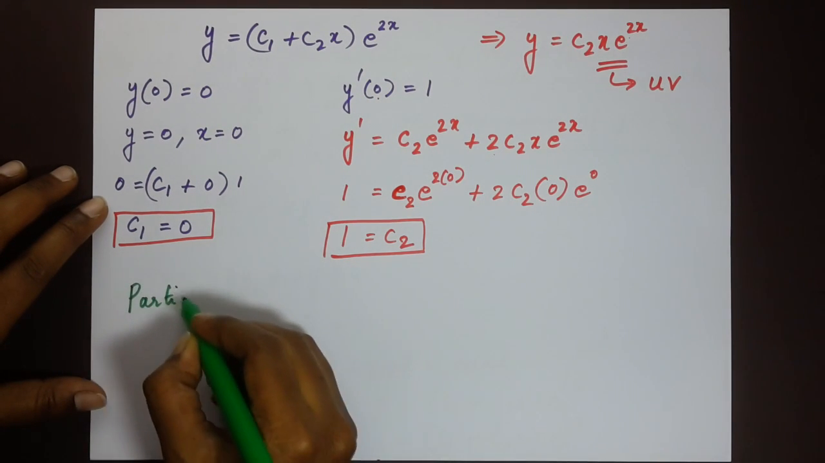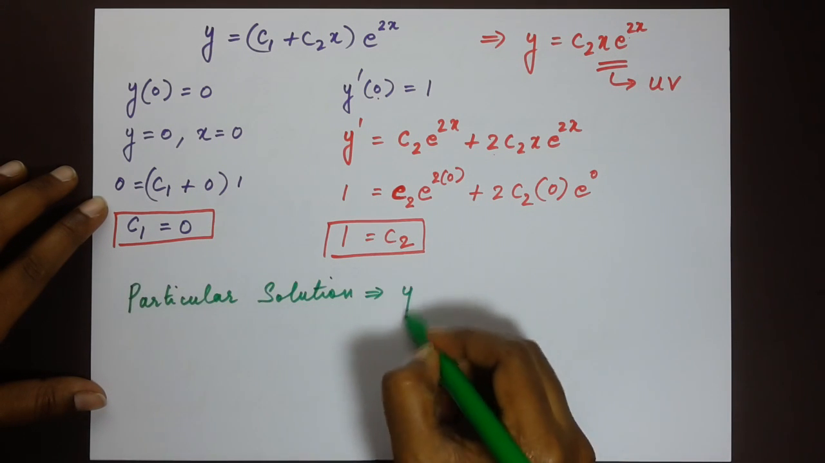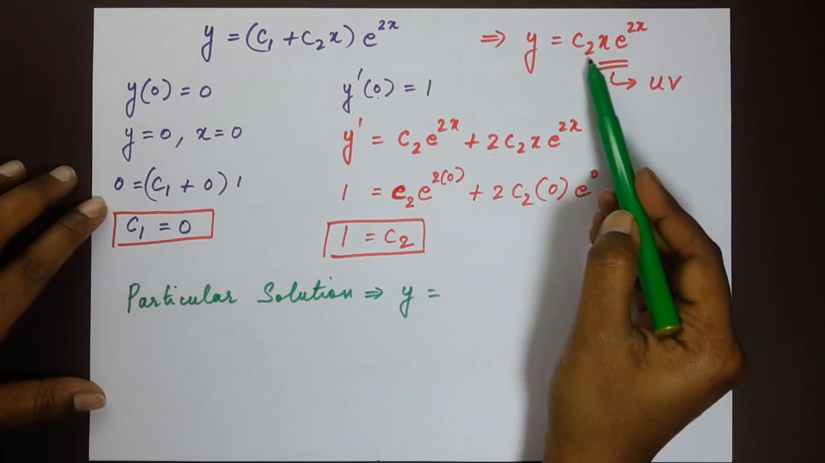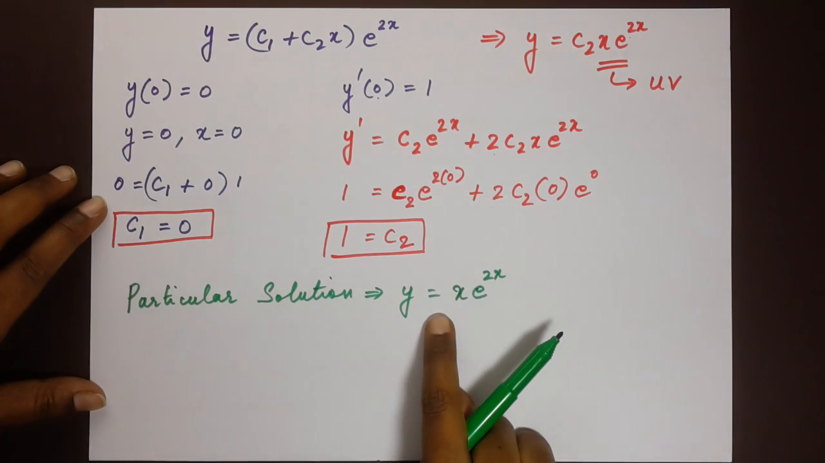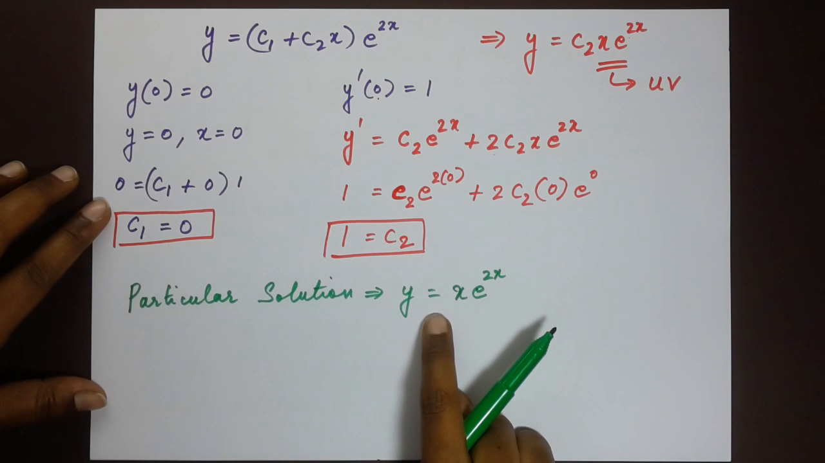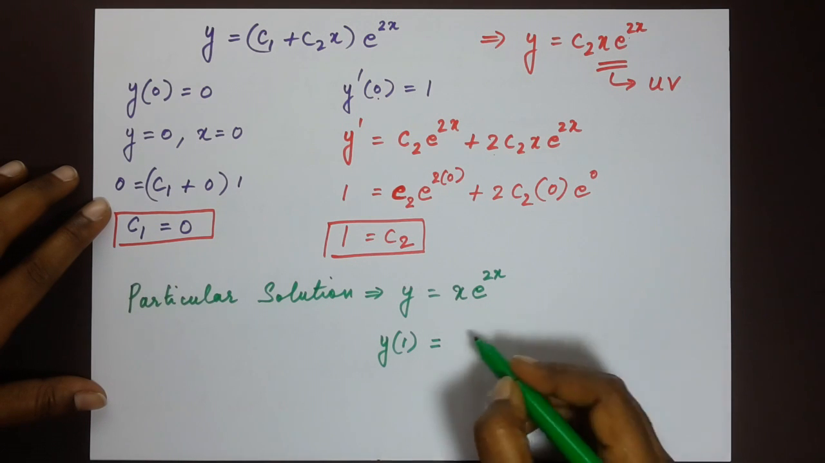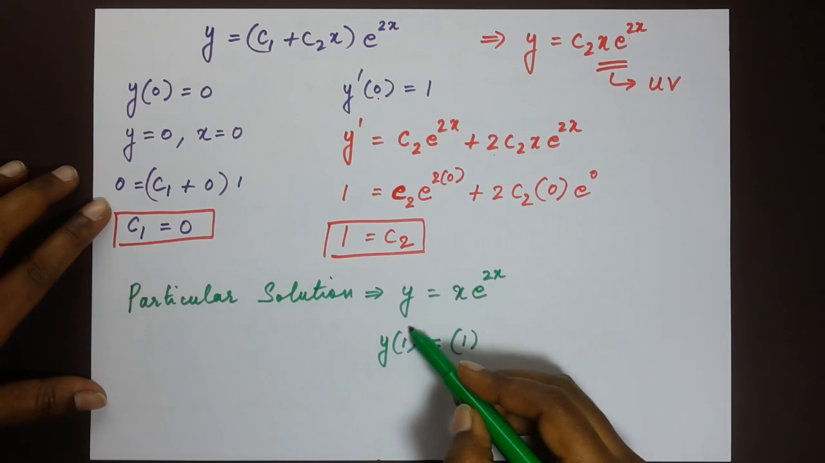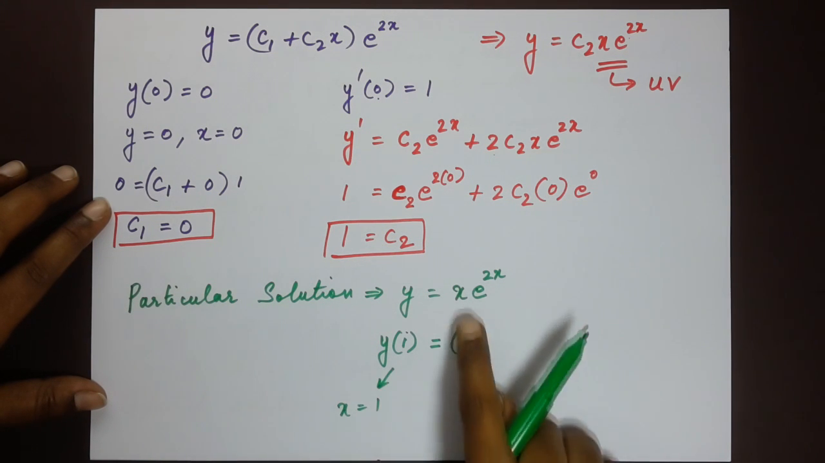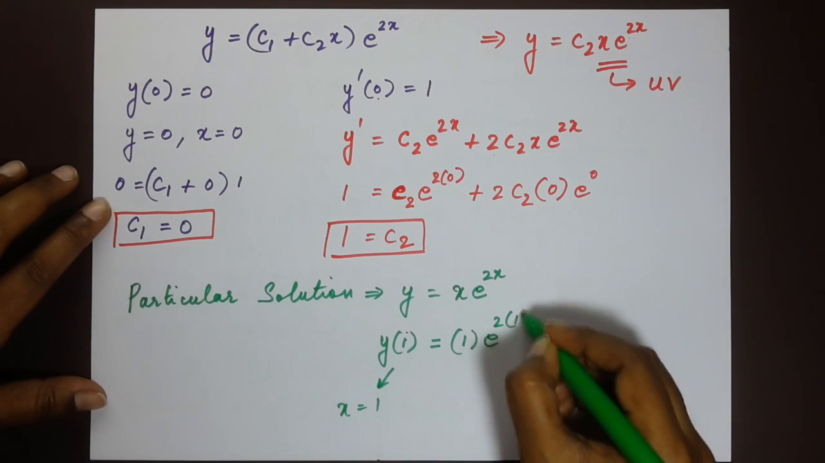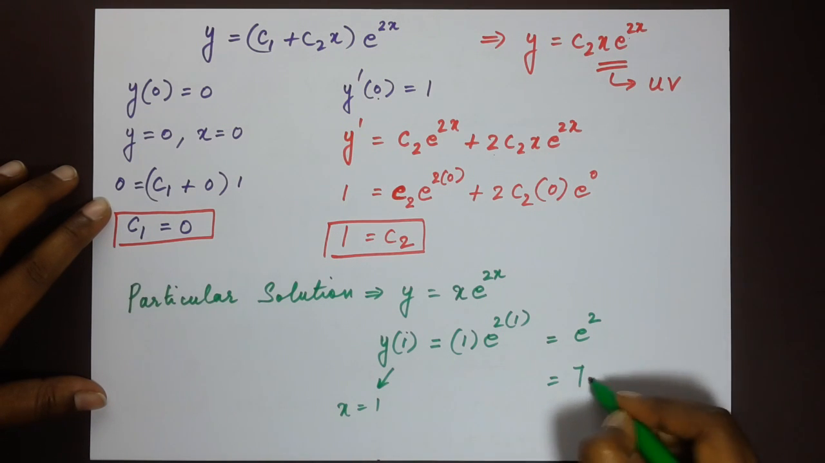So the particular solution, y is equal to, c1 is anyway 0, so we have c2 is 1, so it is x e power 2x. So that's our particular solution. But the question asks us to find out what is y of 1. So y of 1 means that we substitute 1 in place of x. This means x is equal to 1. So x is 1, e power 2 times 1. So the answer is e power 2, and that comes around to